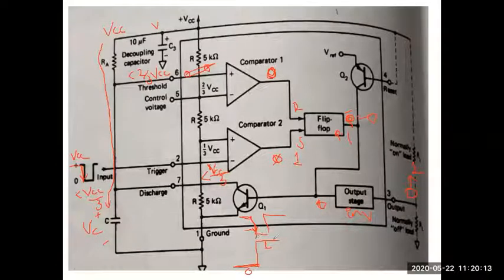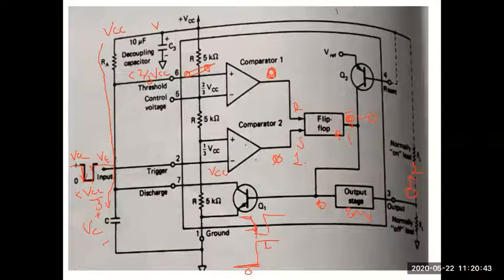Okay, it should increase. Now, what will happen next? Next, remember this pulse will remain at 0 for a very short time and it will go back to VCC very fast. We'll keep this pulse duration very, very small. So again, what has happened now? This voltage here has again gone back to VCC.